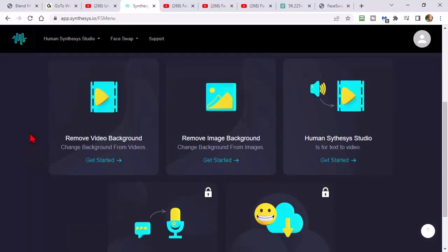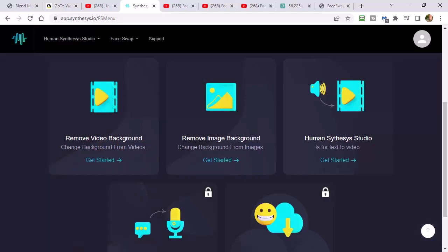The other huge thing here is this right here. Remove video background. How many of you have a green screen? How many of you hate to use a green screen? How many of you have had poor to marginal results with a green screen? It's got to be free of wrinkles. It's got to be a certain distance away from you. It's got to be lit properly. You've got to be lit properly. It's just a pain in the ass, period. This actually does a superb job of taking a video and removing the background, letting you swap it out for any other background that you might want to use.